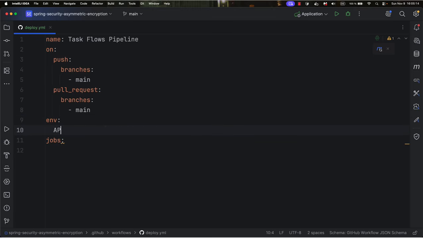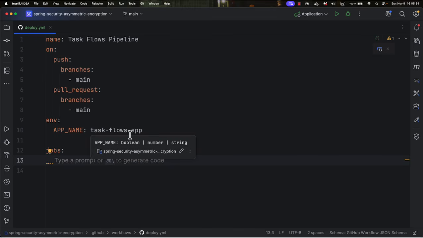All right, so here I will create an app name, and then I will call it, for example, task flows, or task flows app, or something else. You can call it whatever you want. Then I will define the jobs. The jobs are the global steps that you would like to do. In our case, we want to have two jobs: one job for testing and one job for